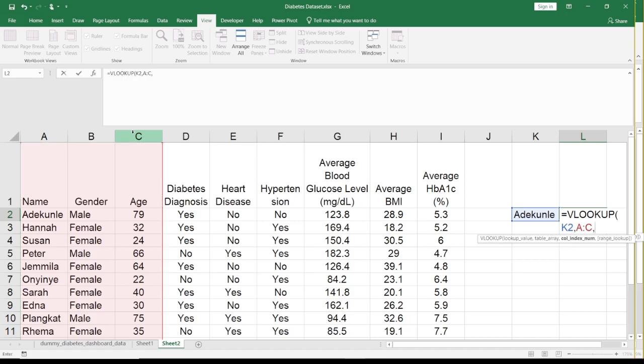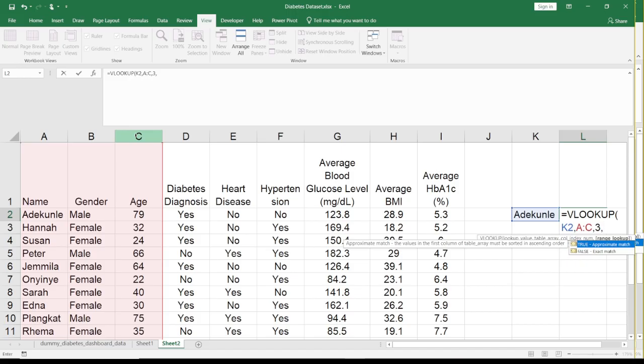Then how many columns within my range, that I've selected A to C, is the age? Remember, name is on column 1, gender is on column 2, age is on column 3. So I'm referencing 3. And